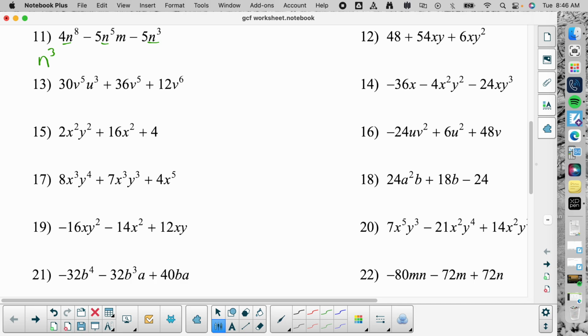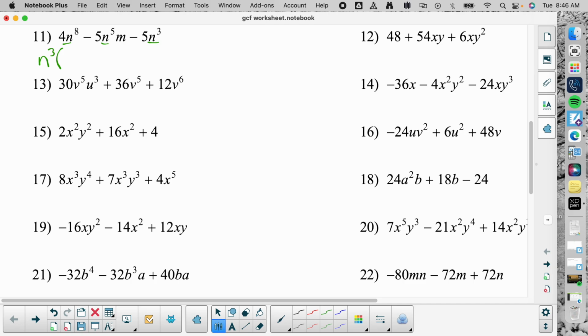Juliana, do I need to put a negative out front? No, because the first term, the 4, wasn't negative. That's the only thing that decides that. Okay, so since this is the only thing in common, I'm going to write a parentheses now and write everything